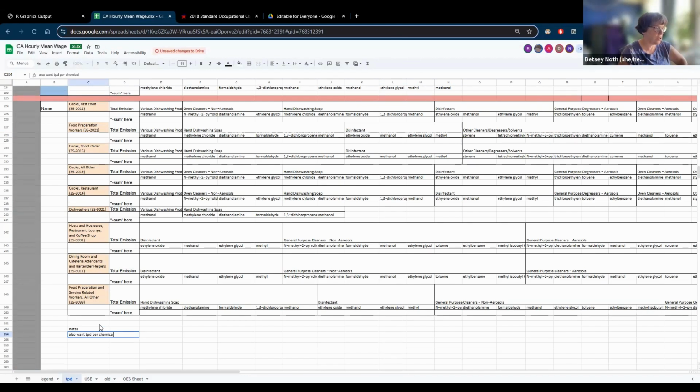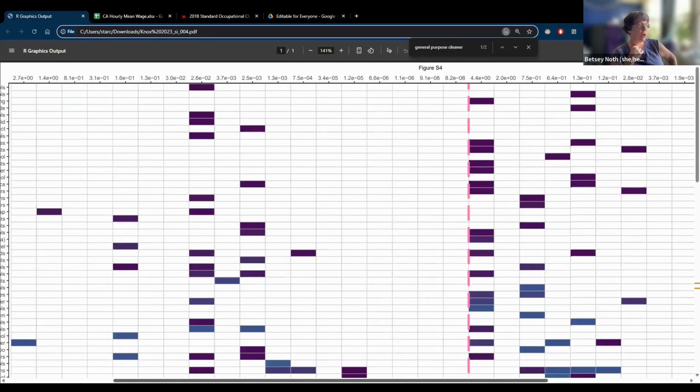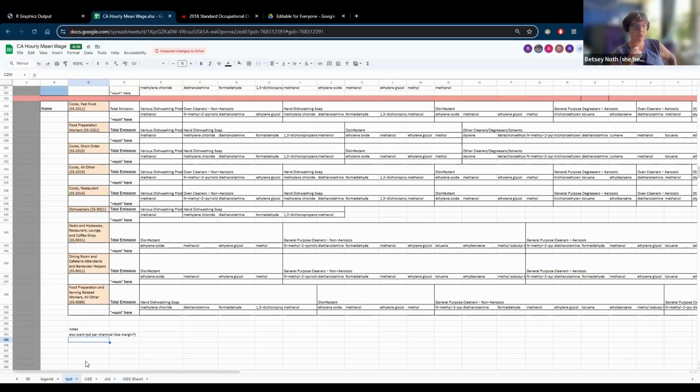So you have formaldehyde in dishwashing soap, formaldehyde in general purpose cleaners, etc. So for that group of food preparation and serving related workers, you'd want both a total emission of all chemicals, which may or may not be useful, and then total formaldehyde and total whatever. I guess you could total for each chemical. You'll have to think about how you want to do that as it evolves.